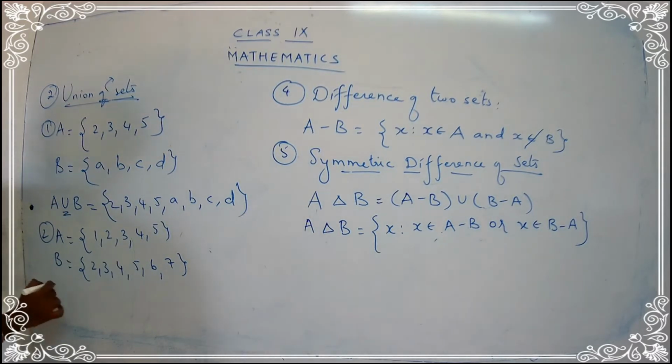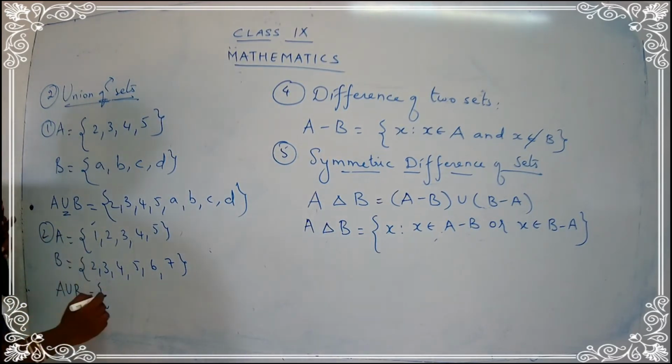What are we going to do? We are going to write the union of A and B. So how are you going to write A union B? Union means you have to write U. A union B. Now let's write the members together. The easiest way is to write the numbers first as they are, and later arrange them in ascending order. If you have numbers, try to write them in increasing order. That is the correct way of presenting the set.